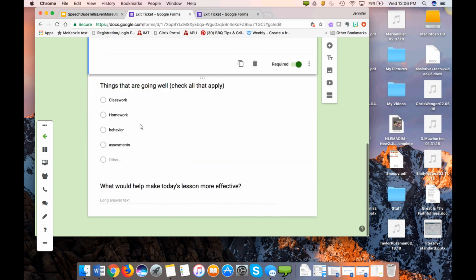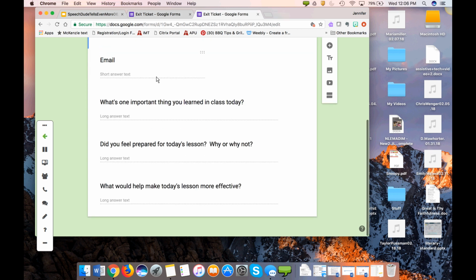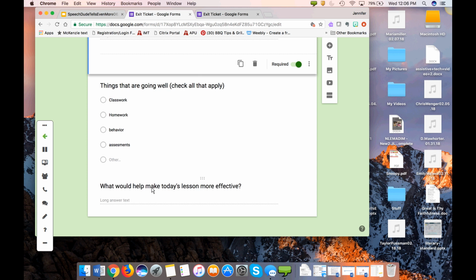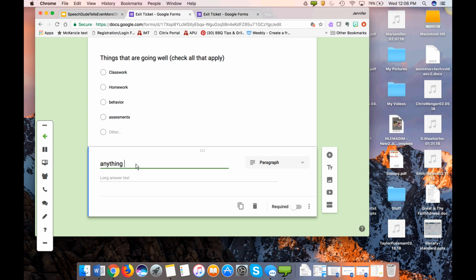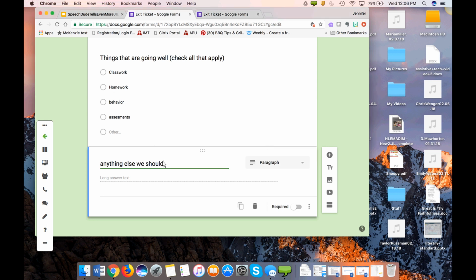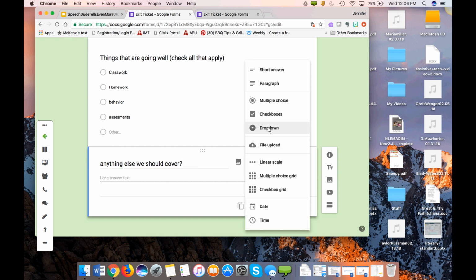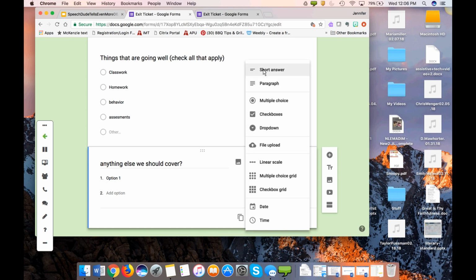All right? And then this one I left. It's like the template is, what would make today's lesson more effective? So, that's not a question I want to ask. I want to say anything else we should, that's not part of this, we should cover. And I don't want it to be a paragraph. I want it to be a drop down, and I can add different choices. Or maybe I just want it to be a short answer